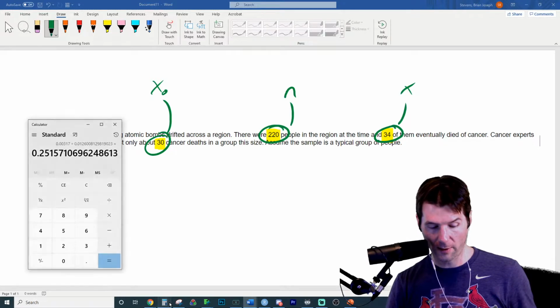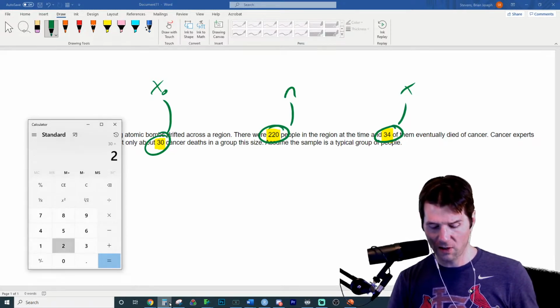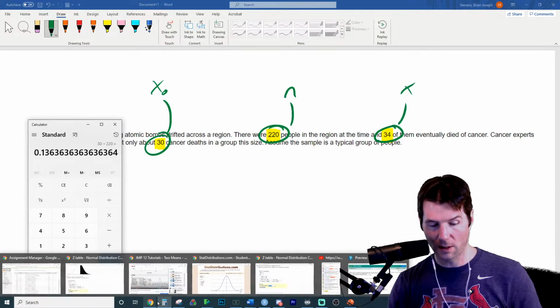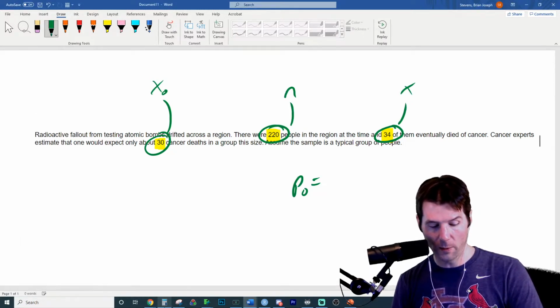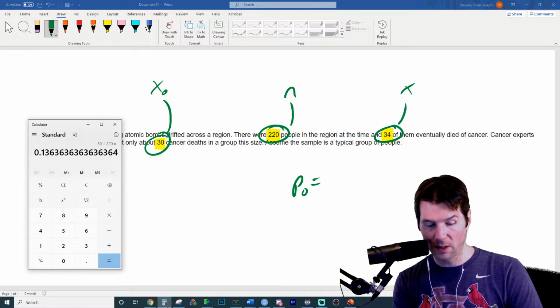I'm going to find P naught right here. So this question is weird because P naught is going to be this. So P naught is what we would expect. And we would expect,